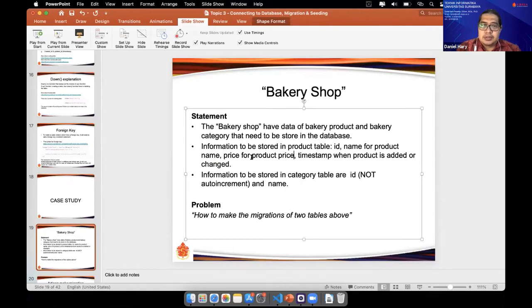And then maybe we also prepare a photo for the product photo, the image of the product. Or URL, I think URL is better. And then there is a timestamp for storing when this product is added and changed.